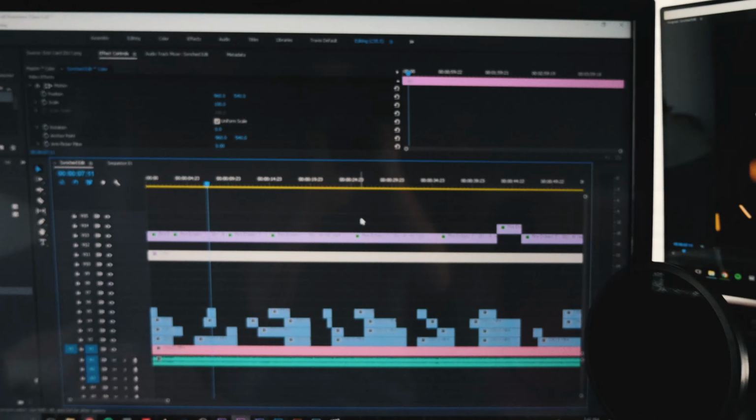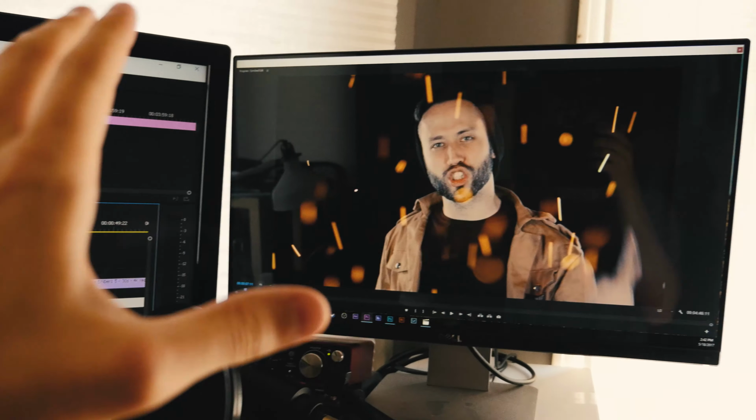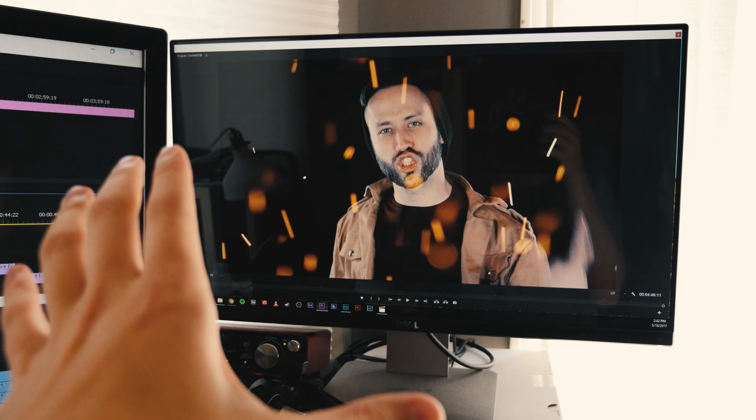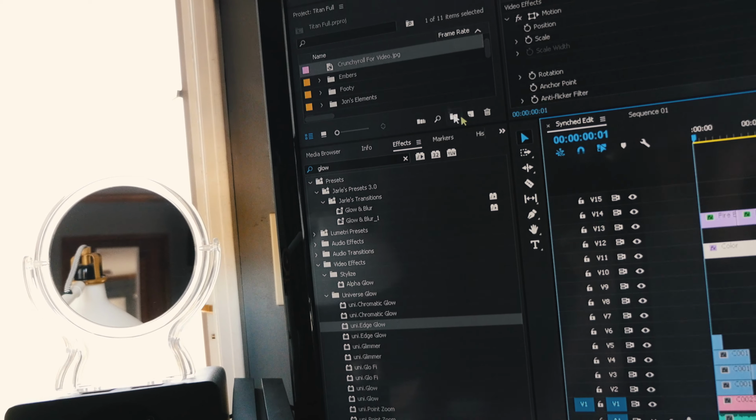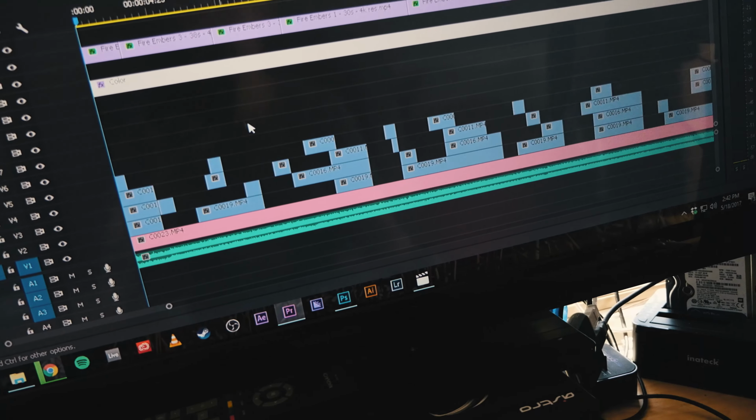Before I jump into it, just note that I use Premiere Pro, so everything might not be exactly the same between your editing software and mine. But here we go. This is Premiere Pro. This is where I edit. This is the timeline where I edit. This is the monitor that I use to check my program. This is the media browser. This is where I drag all the footage and everything that I need